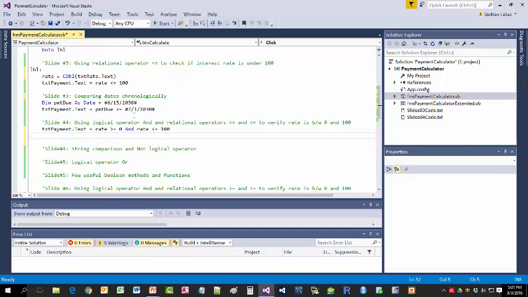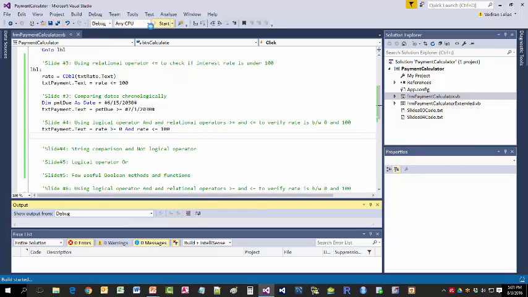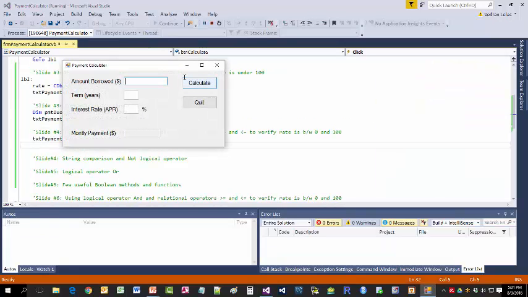This condition will evaluate true only if both of the individual conditions are true. That is, if the rate we enter is both greater than or equal to 0 and less than or equal to 100. In other words, if the number is in the correct range for it to be an interest rate. Save and run the code and test it by entering